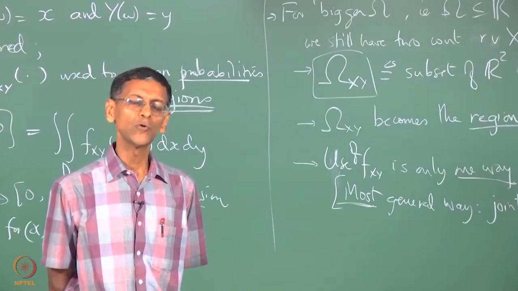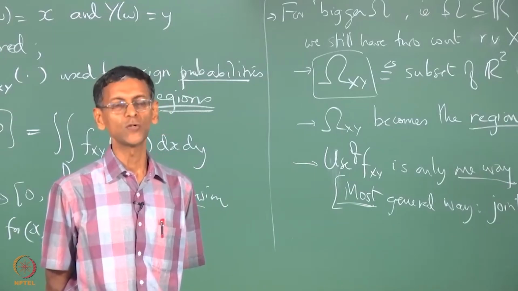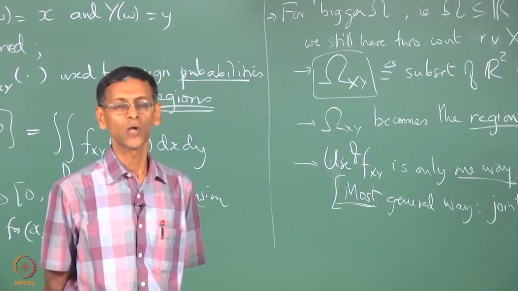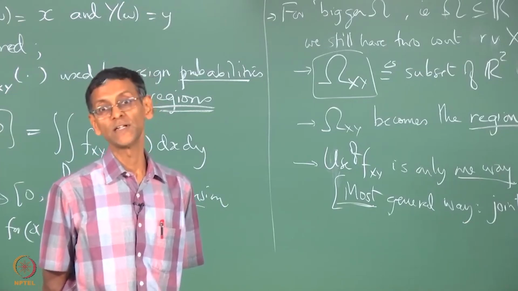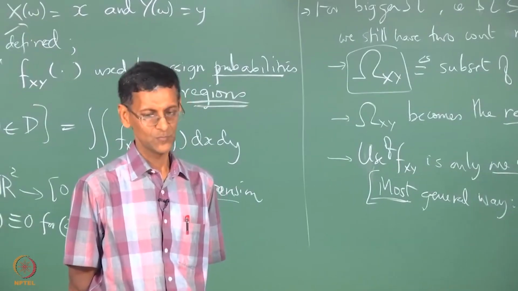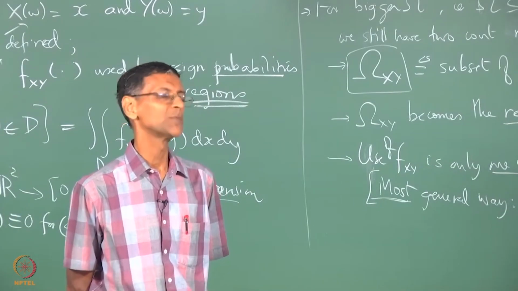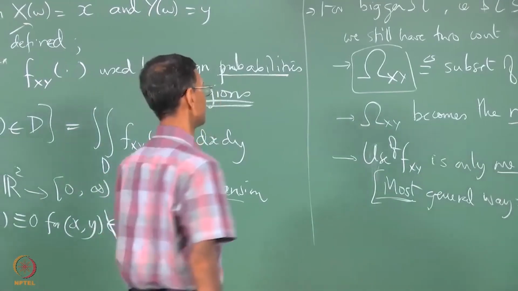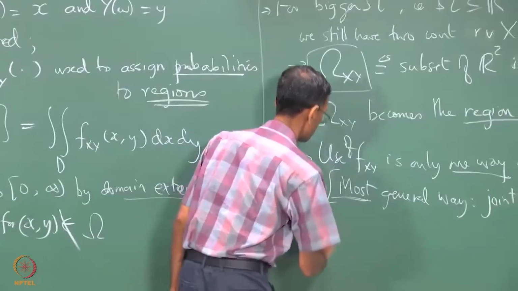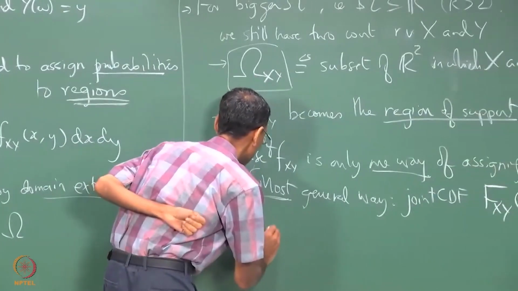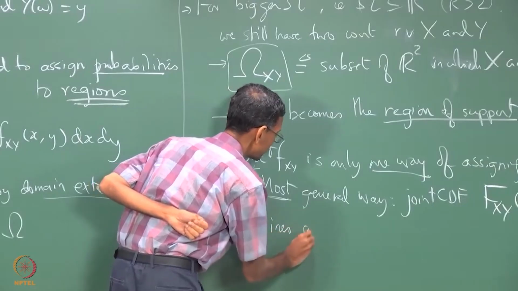It turns out that you cannot give positive probability to certain entities in the plane. You cannot give positive probability to points, and of course you cannot give positive probability beyond points. You cannot give probabilities to lines and curves. So the use of f_XY means that lines such as x equal to y,